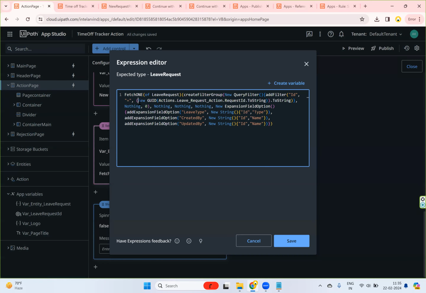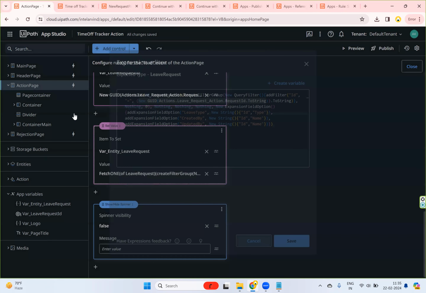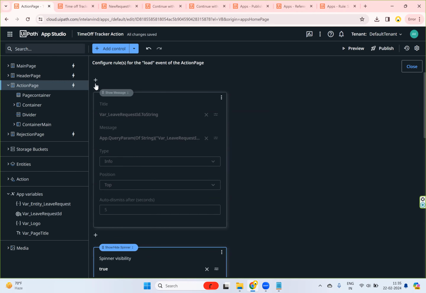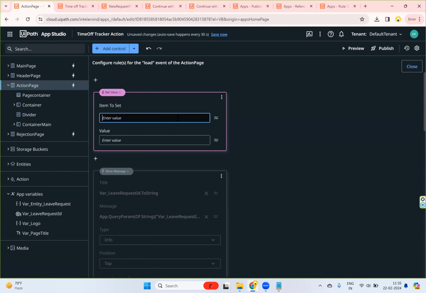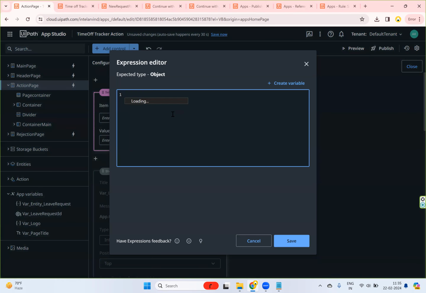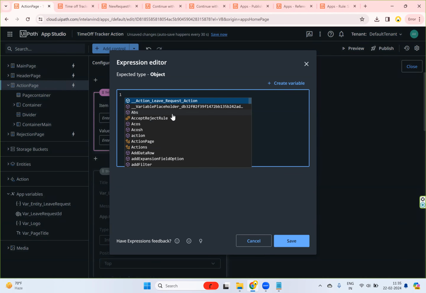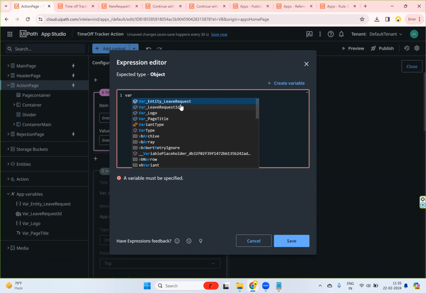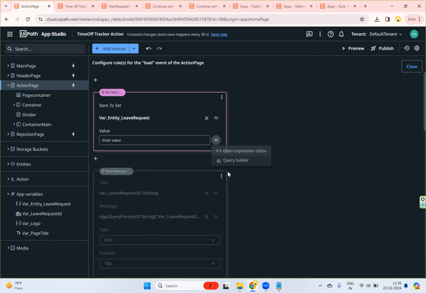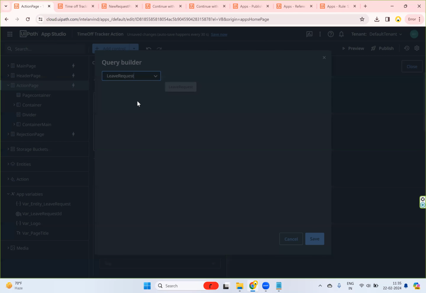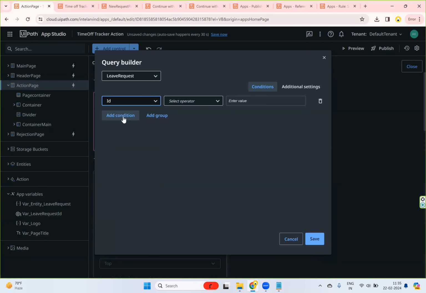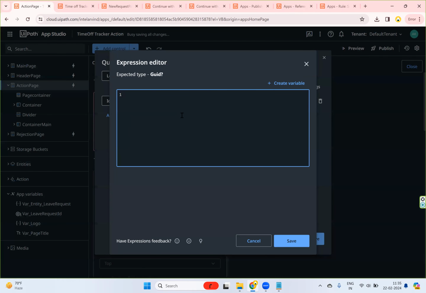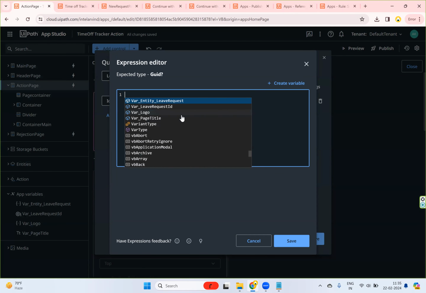So basically what you need to do, let me show you again. Let me show you something here quickly. I have done something like this, set value, and then I want to assign the output as a kind of leave request, and then I can go here to query builder. I can select my leave request details, and then I want to filter only one record based on the ID. So I go to ID, and then what I can do here, I can say